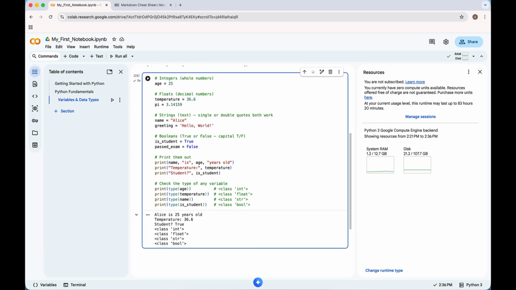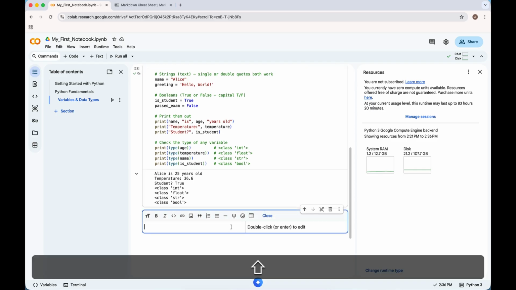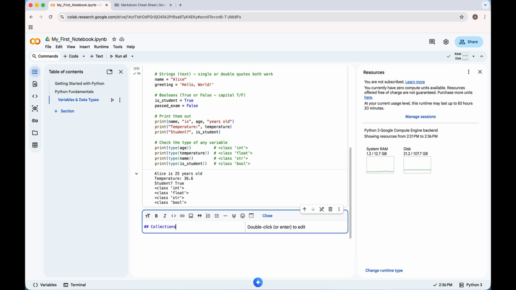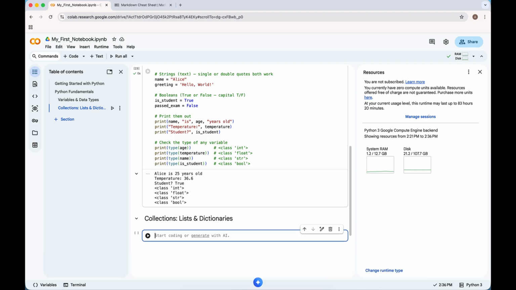So that's variables and data types. Some more complicated types are collections. So let's have a new section for those collections, which will be lists and dictionaries. All right. So lists and dictionaries are,